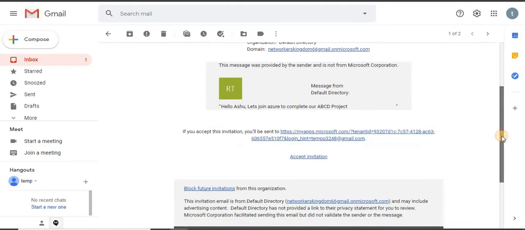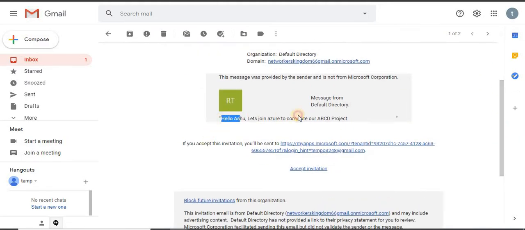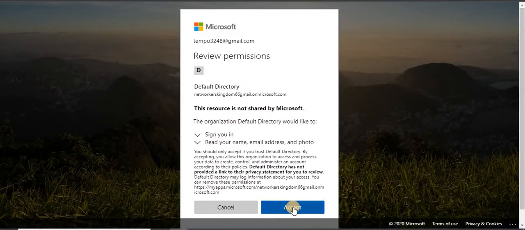So you can see, guys, this is the message. Okay, hello Ashu, let's join. And it is asking to accept the invitation. Let me click here. Okay, and see, it is asking for accept.